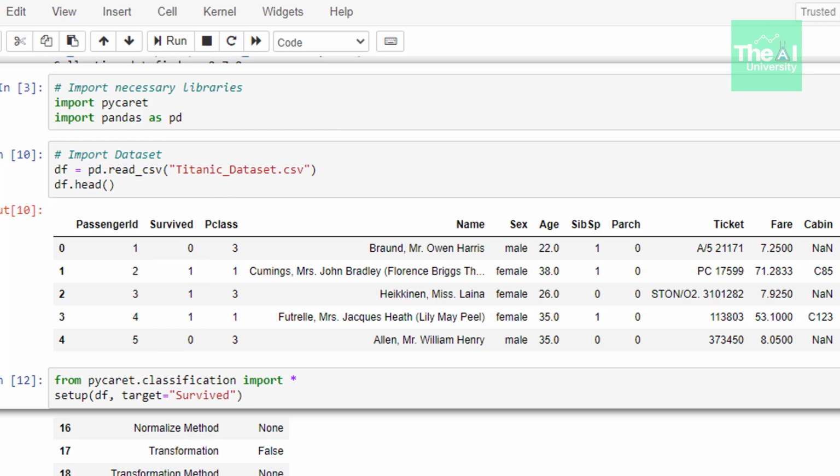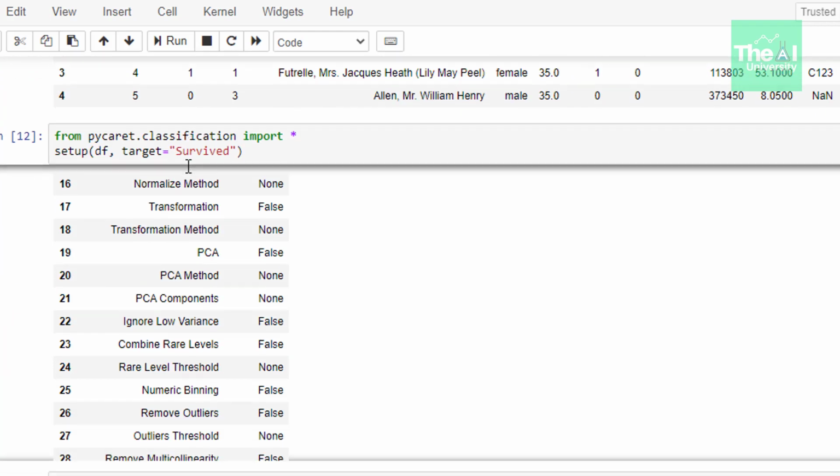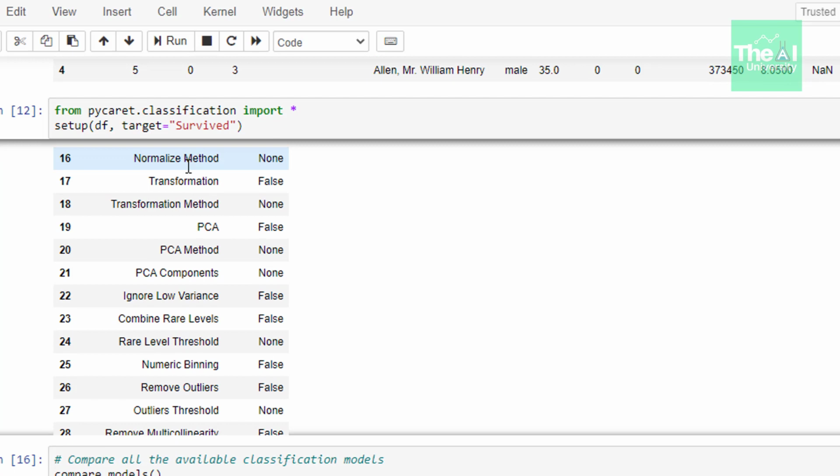In this particular cell, we are reading the Titanic dataset using the pandas read_csv method and then creating a data frame named df. You can also see that I have used the df.head method to see a subset of rows from the data frame. Let's move on to the next cell